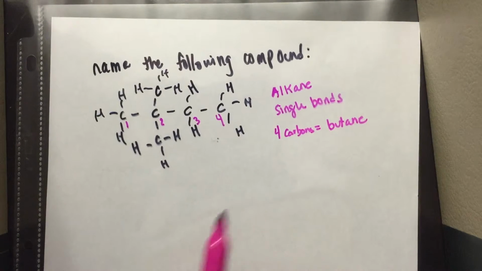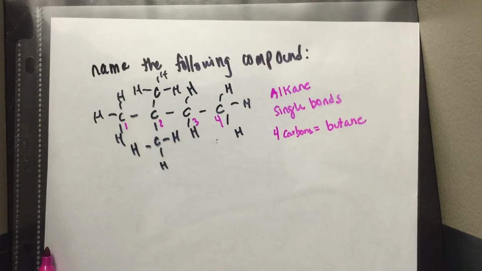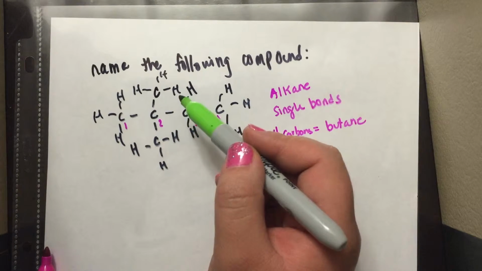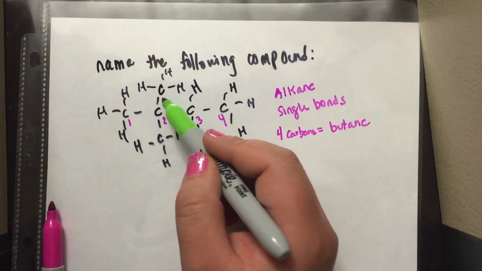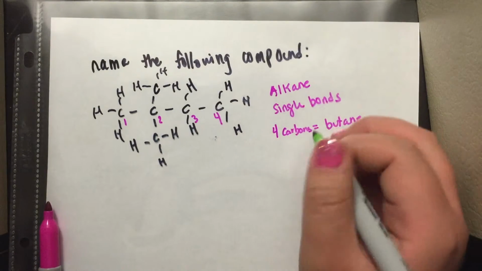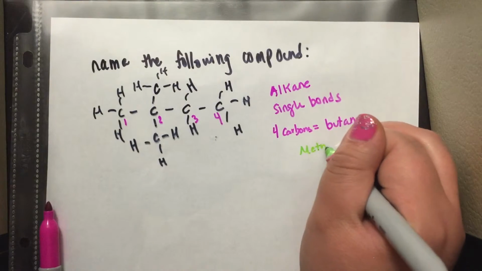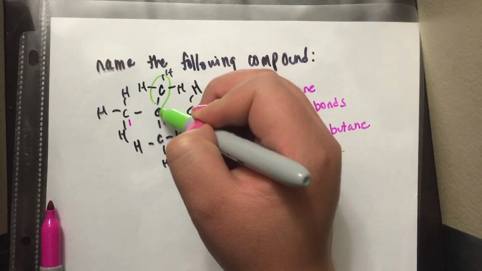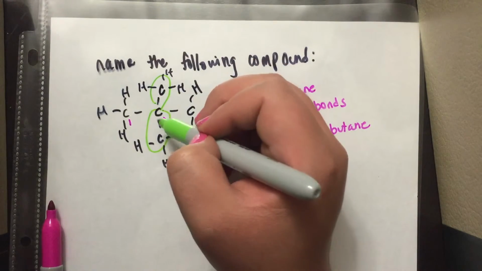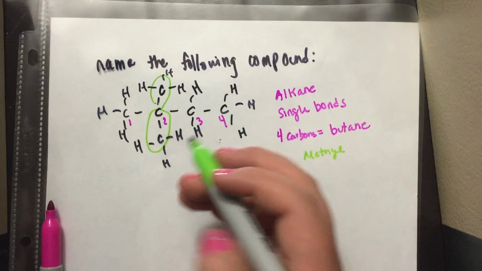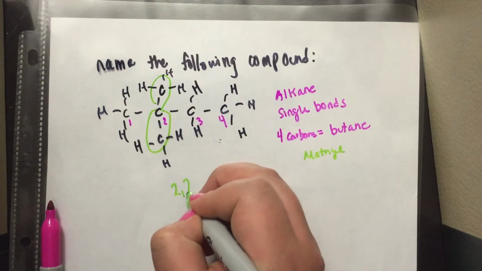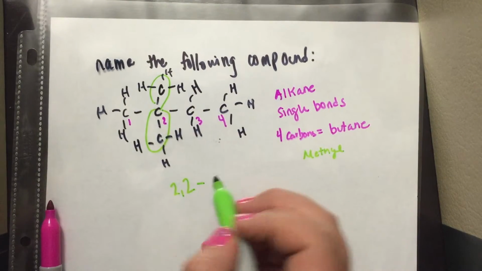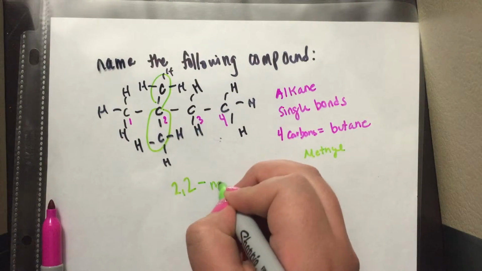So being a butane, now we have to look at it, and you could see on carbon number 2 there are a carbon on top and a carbon on bottom, and you have to name these. You can't just leave it as if it were hydrogen. You have to name it. So since there's only a single bond, it would be a methyl. If there were 2 carbons, it would be an ethyl, but it's a methyl. So it would go 2, 2, because on 2,